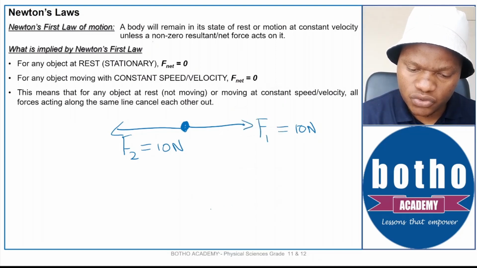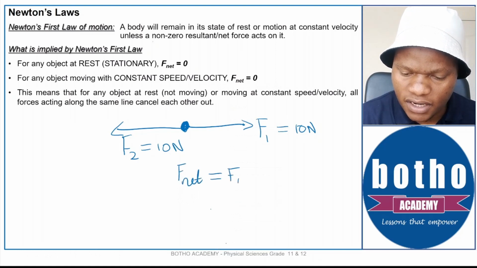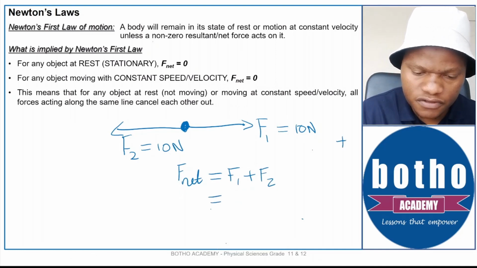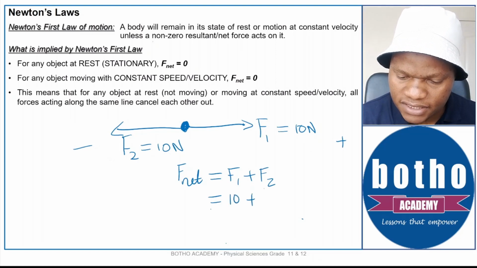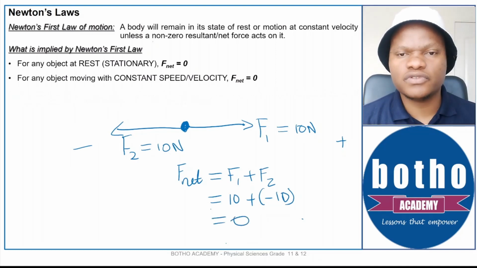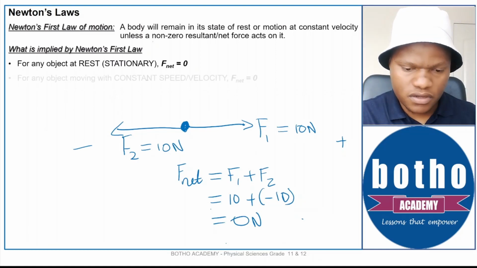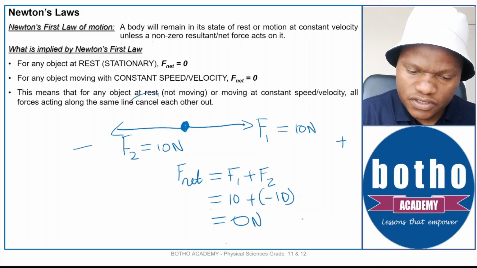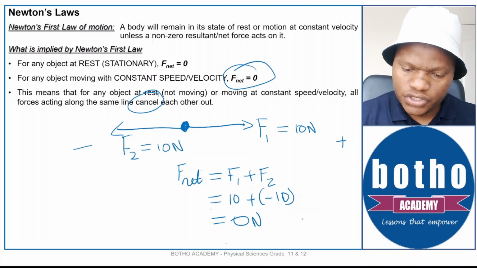If you choose one side to be positive, what you get is that your F net here will be equal to F1 plus F2. And if you choose to the right as positive and to the left as negative, what we get is that this will be 10 plus negative 10. Okay. And what does it add up to? It adds up to 0 newtons. Okay. That's what it means. It means that these forces are cancelling each other out. Okay. Right. This means that these forces are there, but they cancel each other out to give us an F net, which is equal to